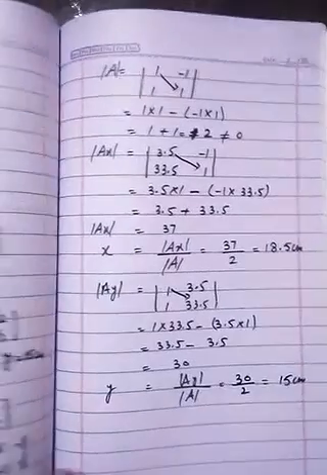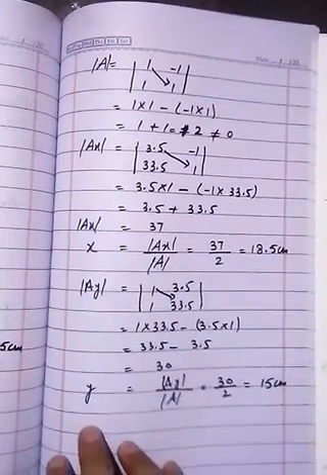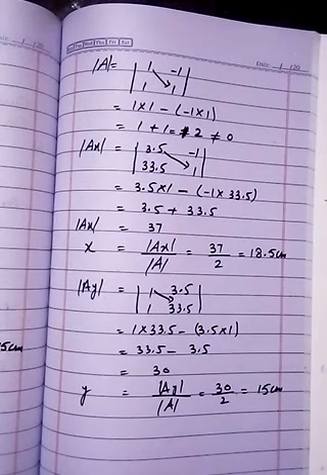So you have to find the value of x and y, and observe that when you apply the inversion method, you get the same answer. Remember one thing: if the method is mentioned, then it is compulsory that you apply the required method. If you apply any other method, it will be wrong. Whatever method is asked, you must apply that one. I hope you have understood inversion and Cramer's rule and question number 3, and also making equations from the word problem. Allah Hafiz to all of you.